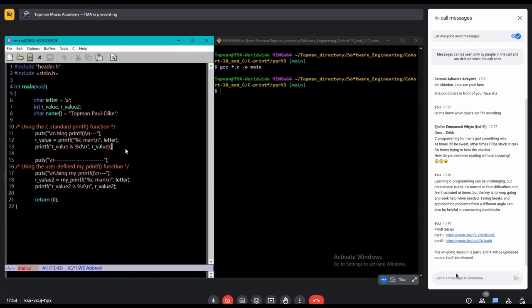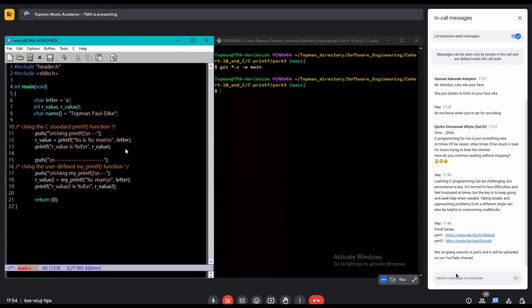So we are testing our code by ourselves. Let's test now whether this code will be able to handle printf. I want my printf to do what printf is doing. So let's do percentage s is a man. Percentage s is supposed to print the content of the variable name,